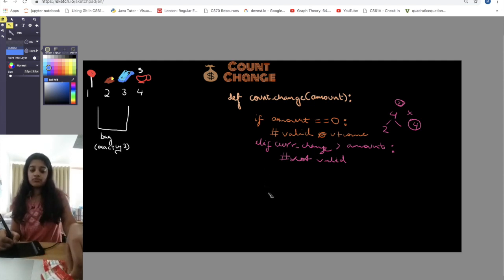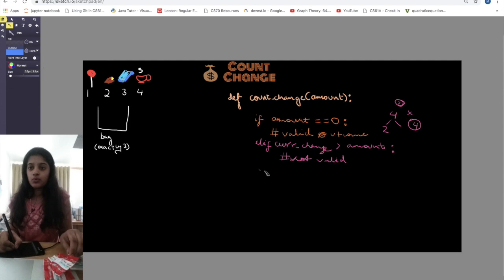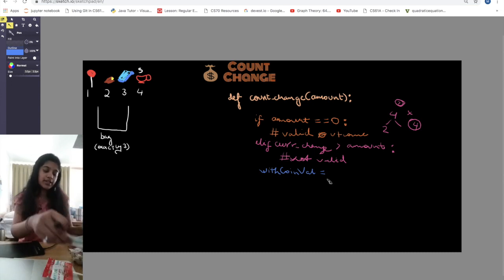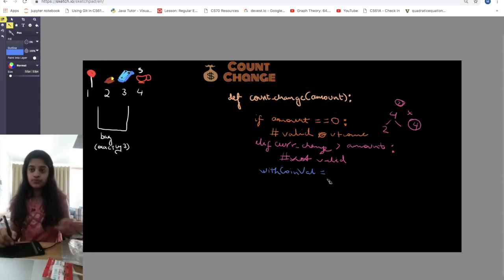So if I have my lollipop, I can either decide to put it in the bag or not in the bag. So with the lollipop, or with the particular coin value, if I do use this lollipop, then the amount of weight I still need to fill up after I use this lollipop in the bag would be 3 minus 1, which is 2. So this would be a recursive call, and I would use my amount as the current amount